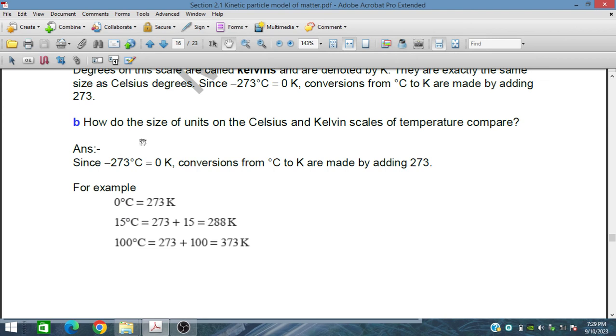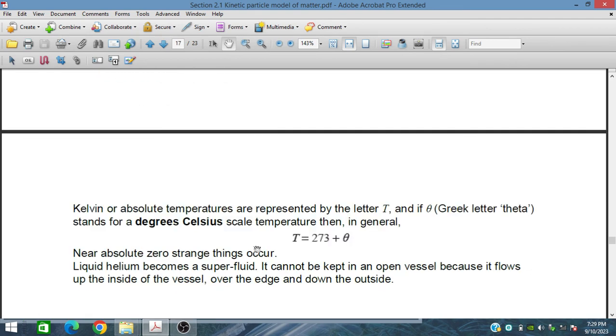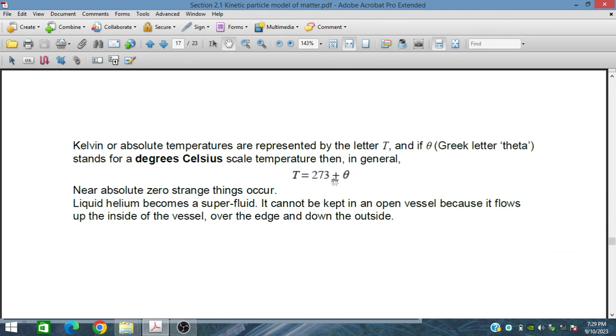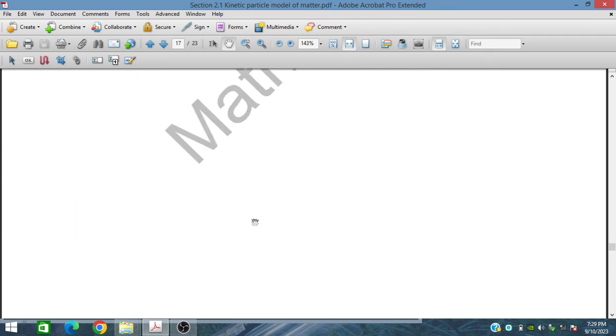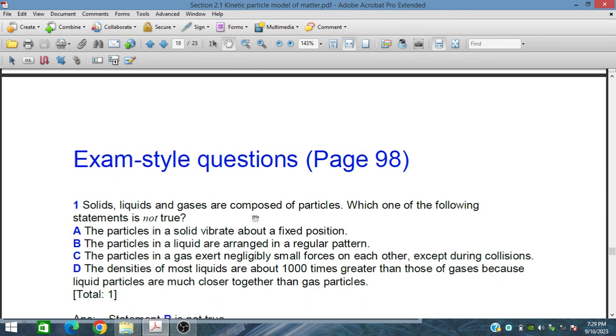And how do the sizes of the units of the Celsius and Kelvin scales of temperature compare? Minus 273 Celsius is equal to 0 Kelvin. So 0 degrees C is equal to 273 Kelvin, and 15 degrees C is this. That's why the general equation is obtained as T equals 273 plus theta, where theta is the temperature in Celsius and capital T is the temperature in Kelvin. In the next session, we'll discuss